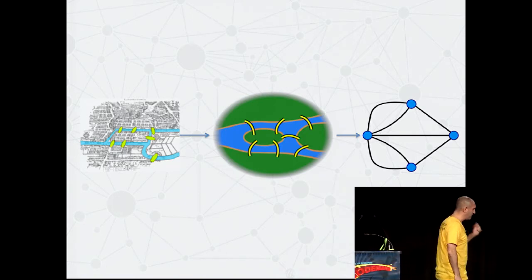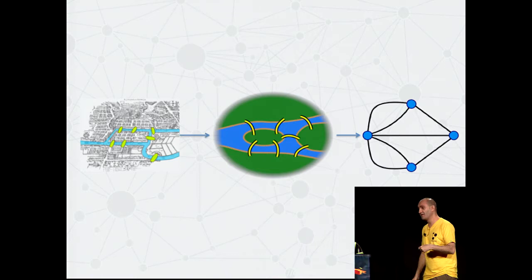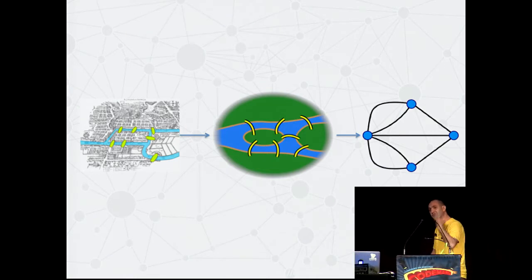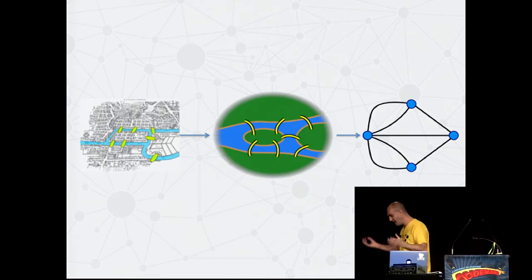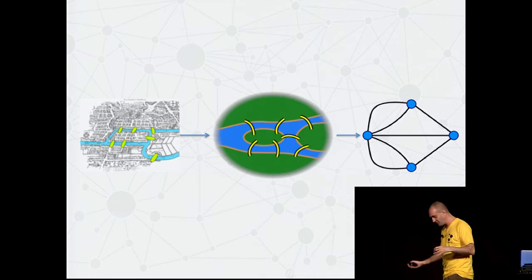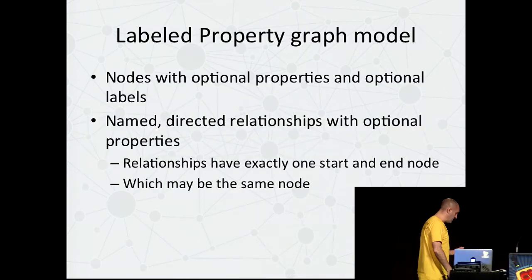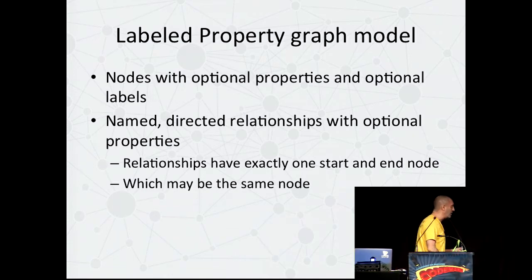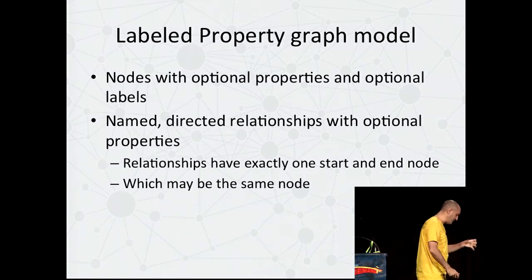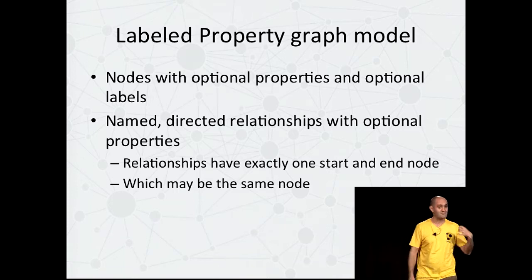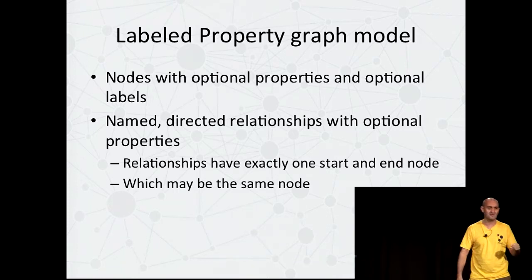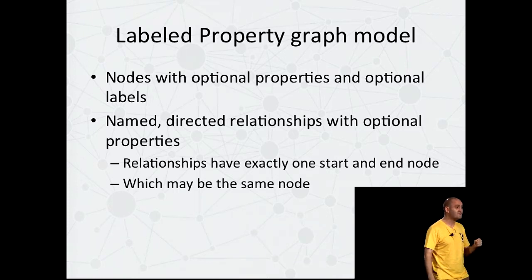retracing your steps. Fast forward 275 years, and we now have this rich set of analytical tools and mathematical tools and social science tools that we call the graph theory. Now, in order to use the graph theory, we do need to understand a little bit more about what a graph is. And in Neo4j, we have this thing called a labeled property graph model. And I can teach you labeled property graph model in 2 minutes because it's really simple.